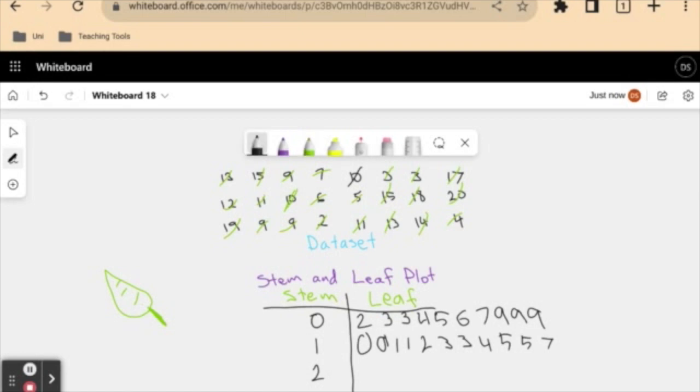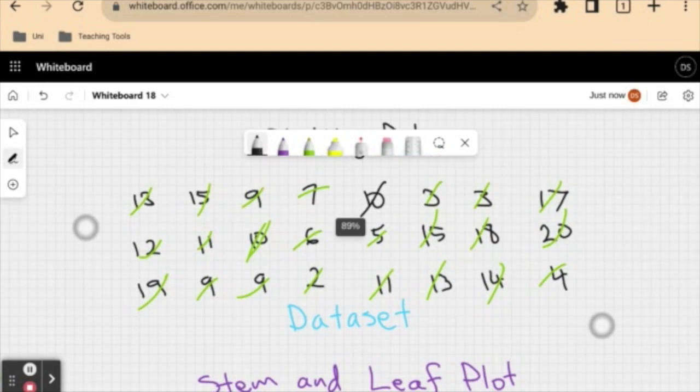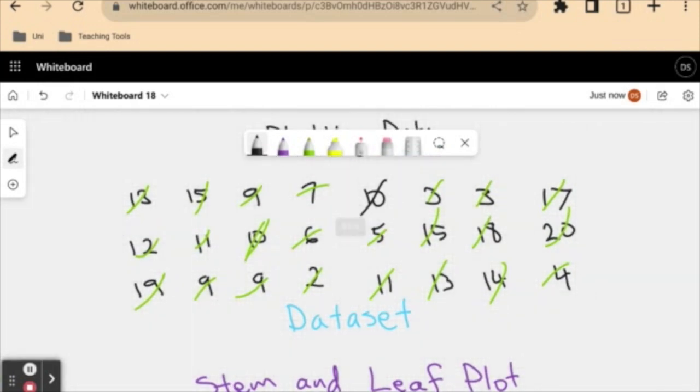So go back here. 18, 19. And now we can move to our last row to show our 20. Now, I mean, some of you may disagree. For some of you, it may be easier to just look at this data. But to me,